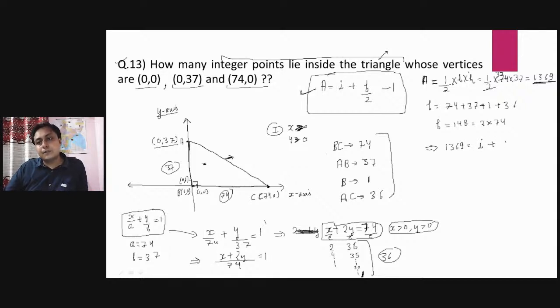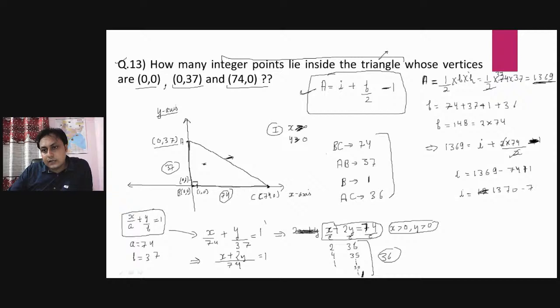1369 equals I plus b by 2, meaning 2 into 74 by 2, minus 1, right, the 2 cancels out. So I equals 1369 minus 74 minus 1, right? When you solve this it comes out to be 1368, means 75, I think 1294, I think it comes out to be... Sorry guys, this is I plus b by 2 minus 1, this is minus 1. So the answer comes out to be